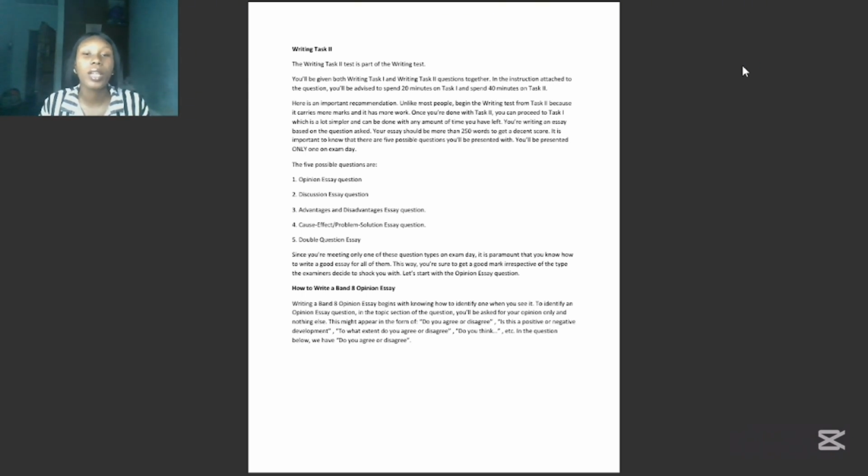For task 2, you need about 40 minutes to write it. You write your task 2 in about 250 words, not less than 250 words. But for your task 1, it's usually 150 words, which you need 20 minutes to write. In total, your writing task is about 1 hour. Okay, for your writing task 2,